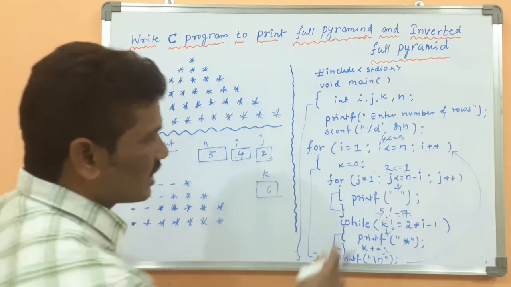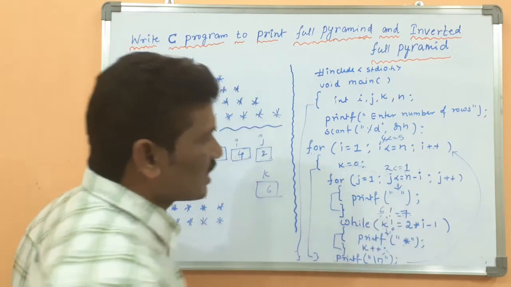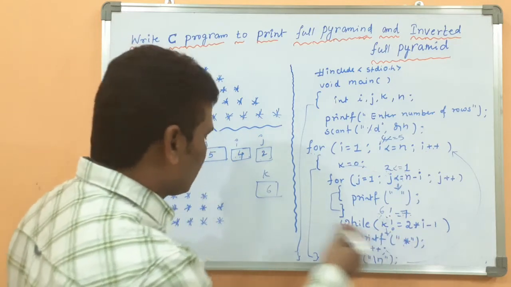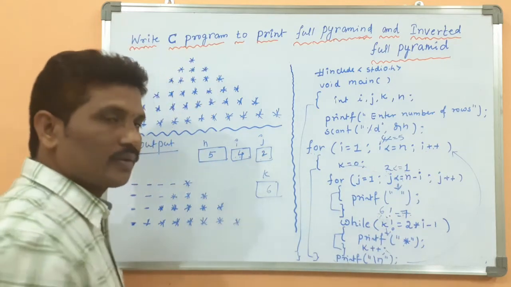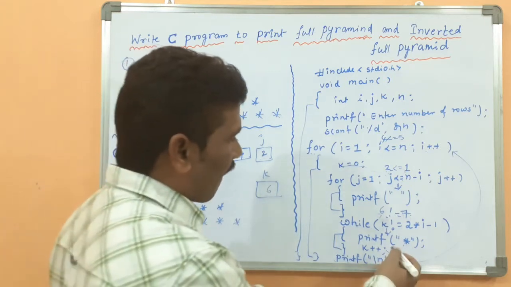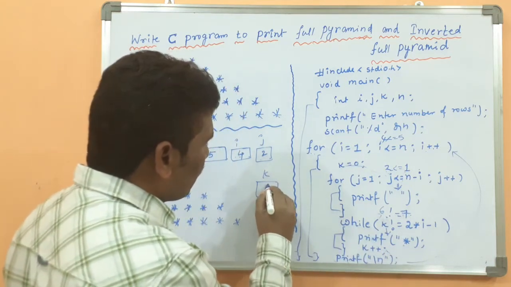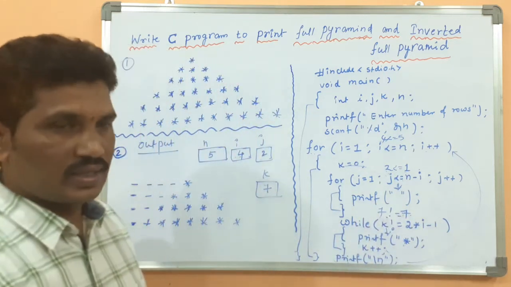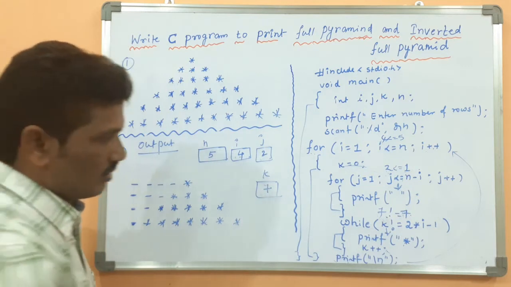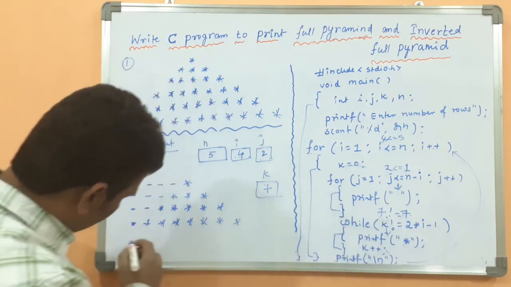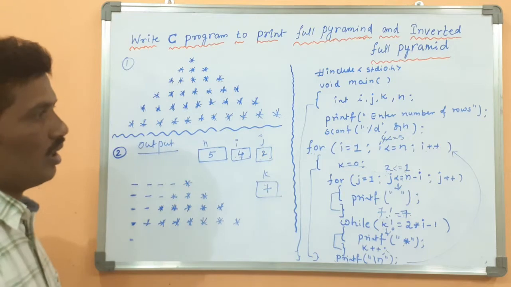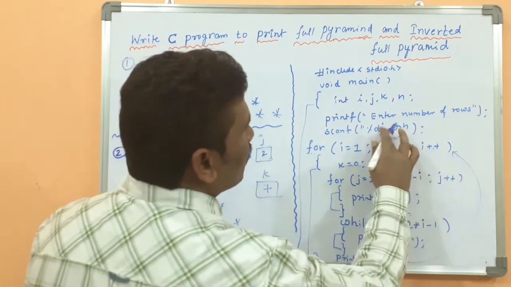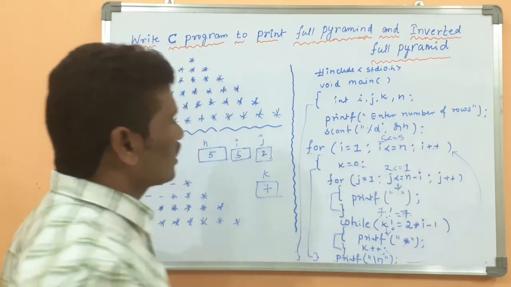K value becomes 6. Here look at here. 6 less than or equal to 7. The condition returns true. Then another star should be displayed over here. Okay. Then k value is incremented by 1. K value becomes 7. Here 7 not equal to 7. The condition returns false. Because it is false, the control will come to here. Then here I value is incremented by 1. I value becomes 5. Then 5 less than or equal to 5, the condition is true.